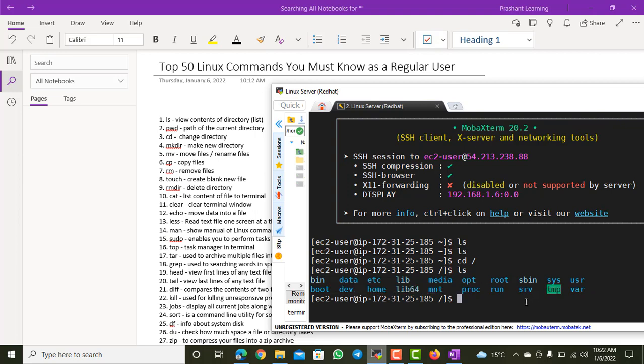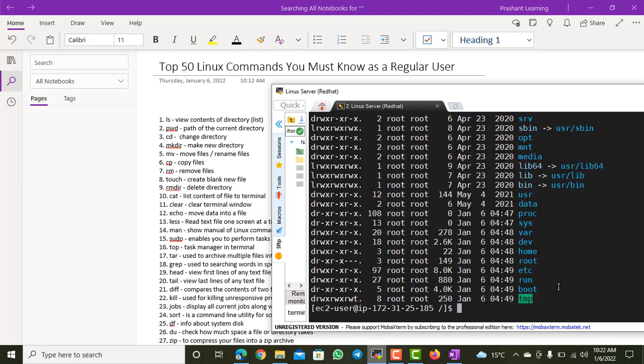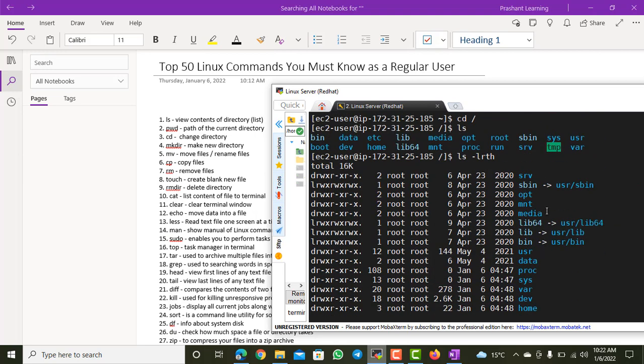If I need to see details, normally we run it with the lrth switch, which will show all the file details. Now if you can see ls -lrth, I can see whatever files are available. There is some important information here: if something is a directory, it will show d before it. If something is a link, it will show l.